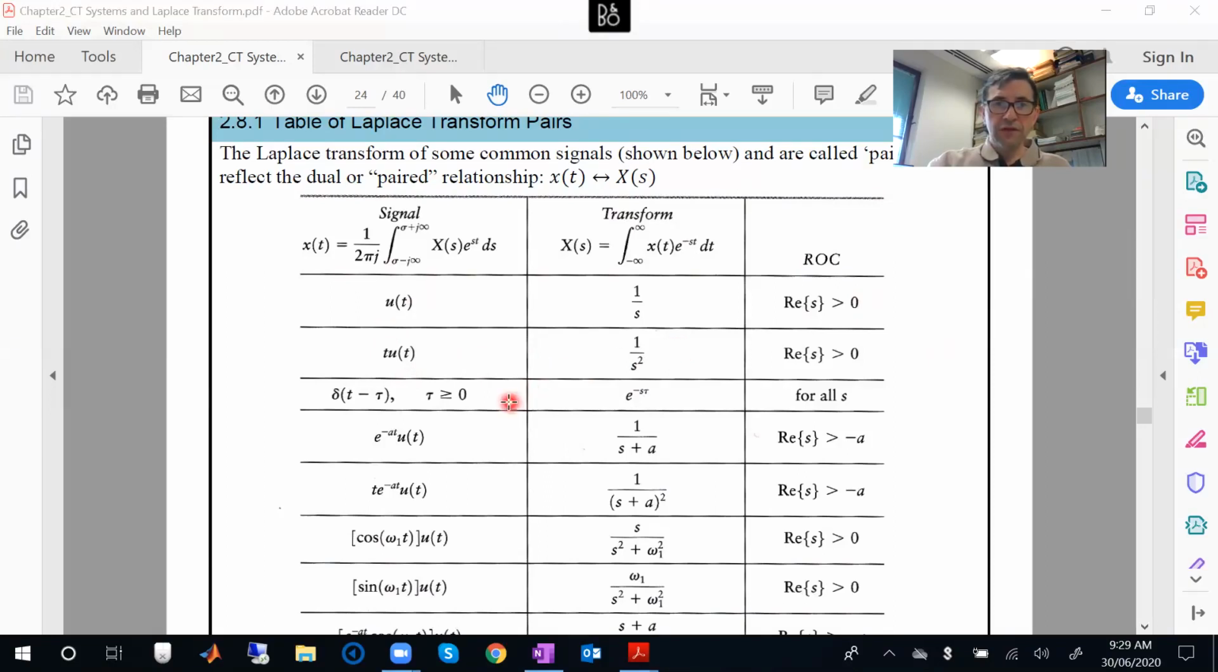This is interesting, this is the unit impulse function, delayed by tau, and it has a transform of e to the minus s tau. And it's defined for all s. Of course, if tau is equal to 0, which it can be, in other words, if tau is equal to 0, it would simply be